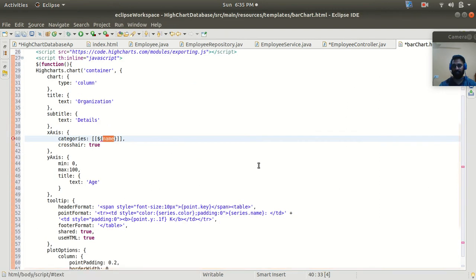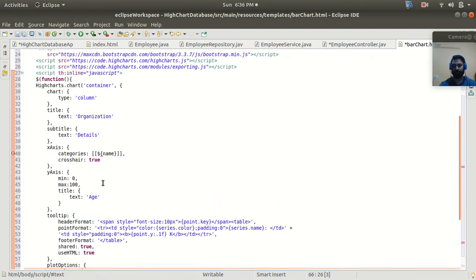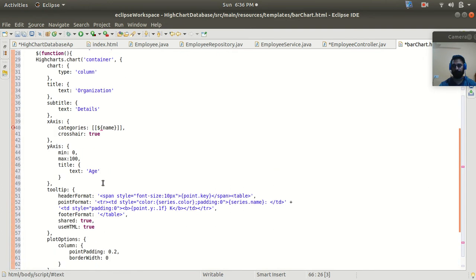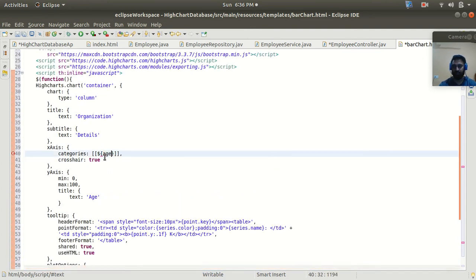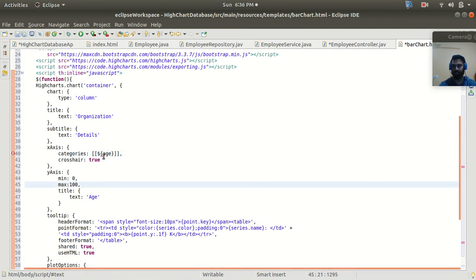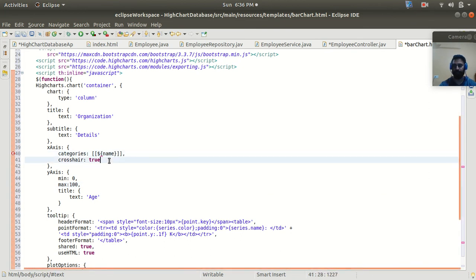So this age will be in the y-axis here as the age, right? So this should be age actually, because this is the age text. Sorry, yeah, it was fine, name only. Yeah, save it.